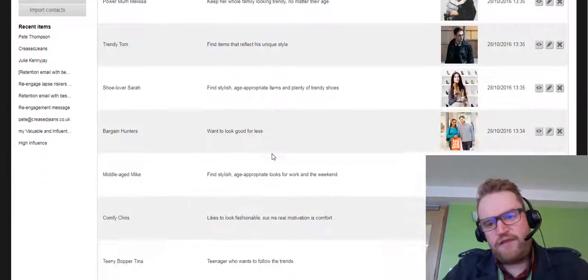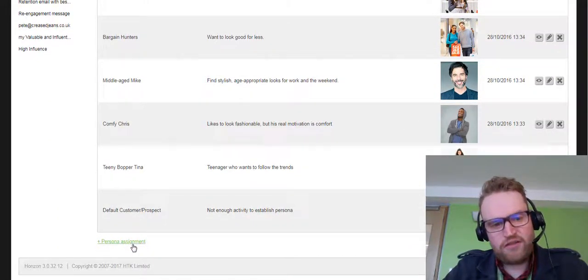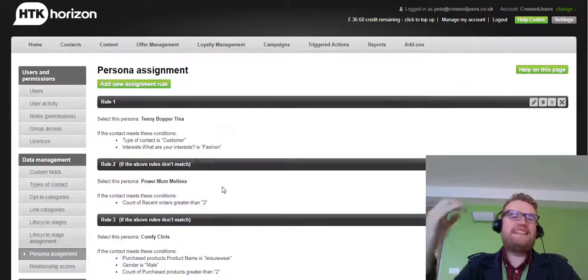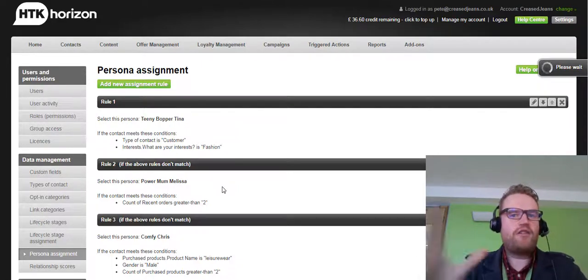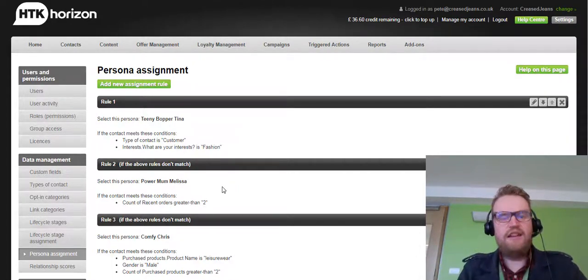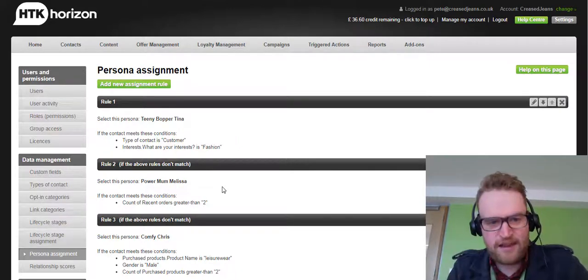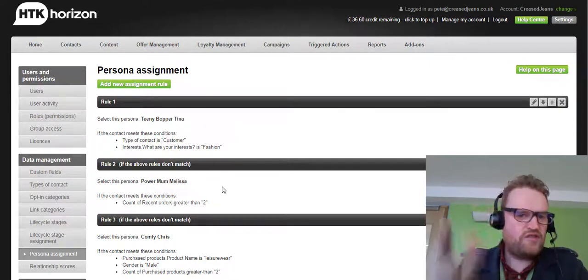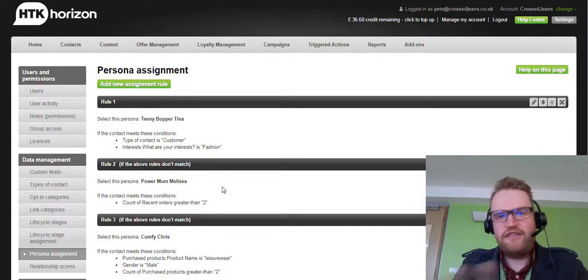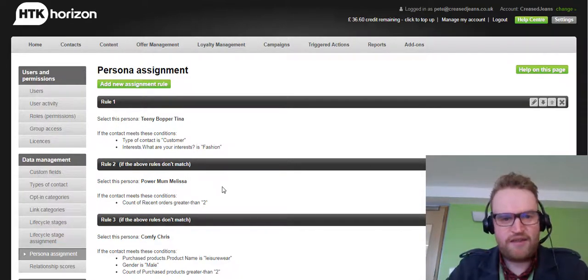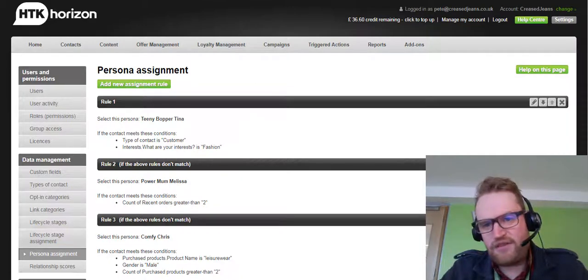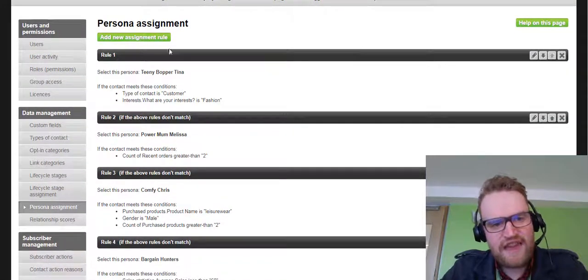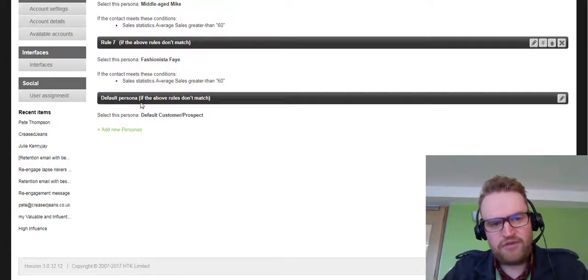Once you've defined your different personas, you then come on to persona assignment rules, and this is where you basically tell Horizon what constitutes a customer sitting in a particular persona. It works exactly the same with lifecycle stages, so once you've done this with personas, it'll be very familiar, and there are other elements of the system where it does a similar thing. So this is the persona assignment screen, and as you can see, it's rule-based. You'll see it says rule 1, rule 2, rule 3,